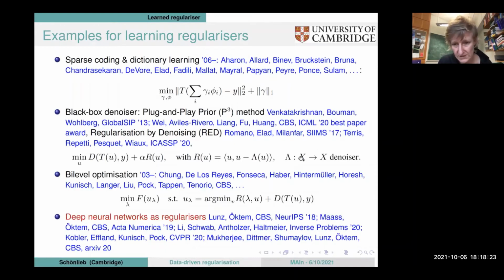In a particular way, you can take a denoiser that needs to fulfill certain properties and turn this into a provable regularization. And by provable regularization, what I mean is that usually what you want is that if you let the regularization parameter alpha here go to 0 and your noise level go to 0, you are converging to the so-called R-minimizing solution to this problem, or the ground truth solution that fits Y perfectly. Okay, and